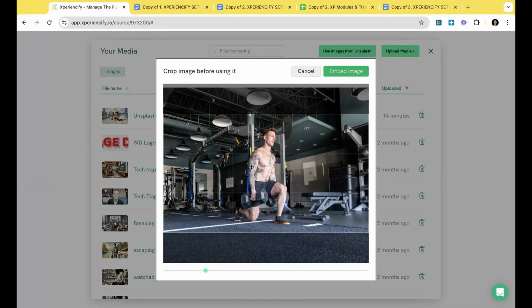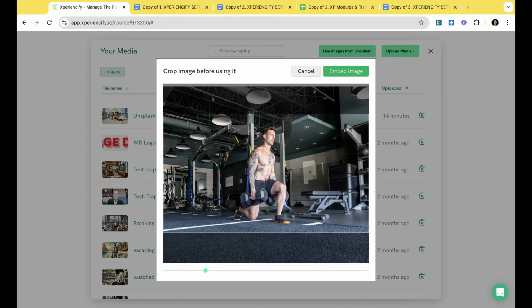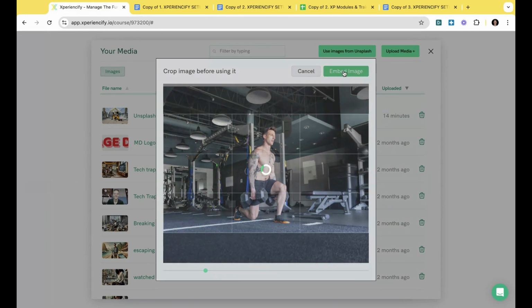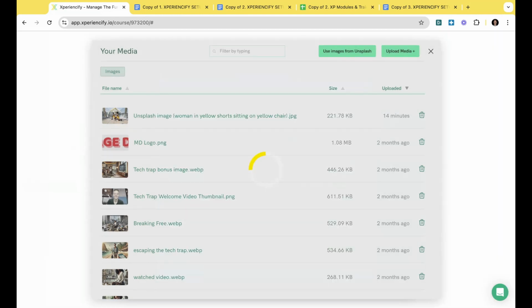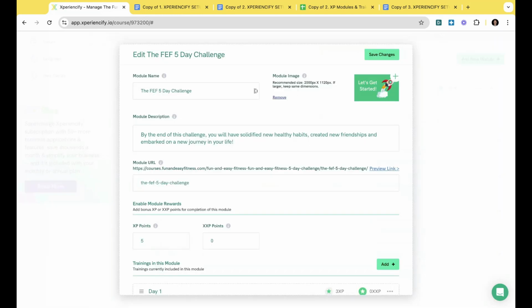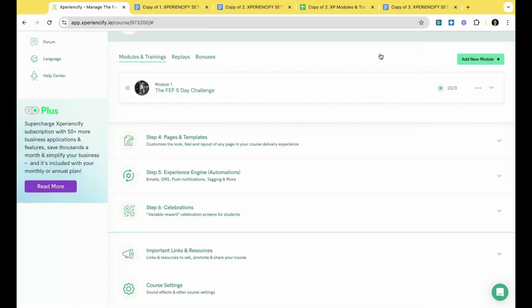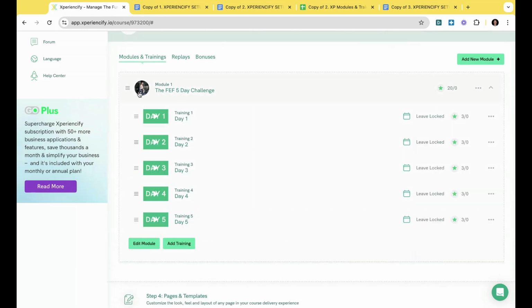Maybe Mr. Intimidation here in the gym. We'll embed that image. And pop, there it is. So now the module will have this image associated with it in your course. So let's click on save to save those changes. And Shazam, now my module is customized, right?